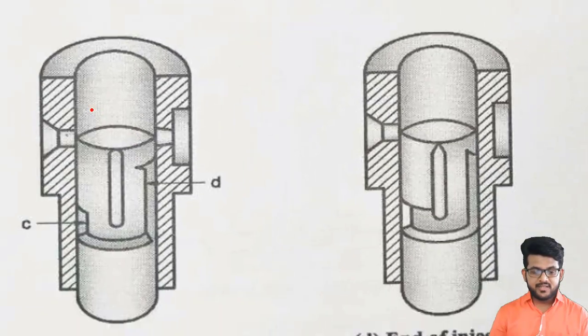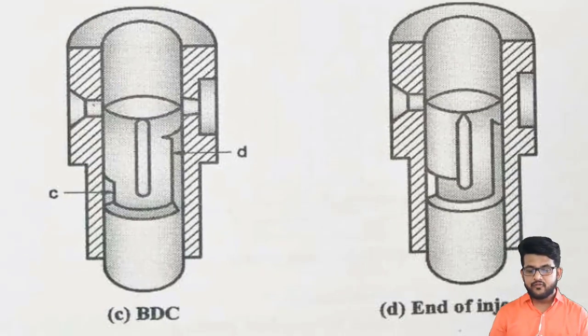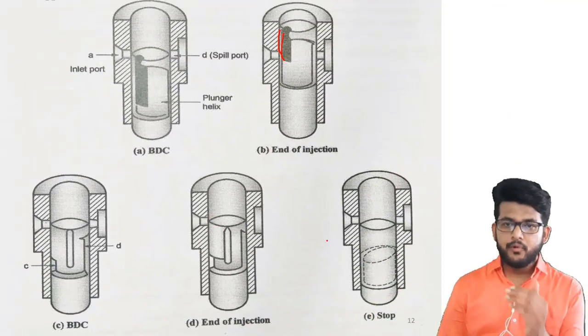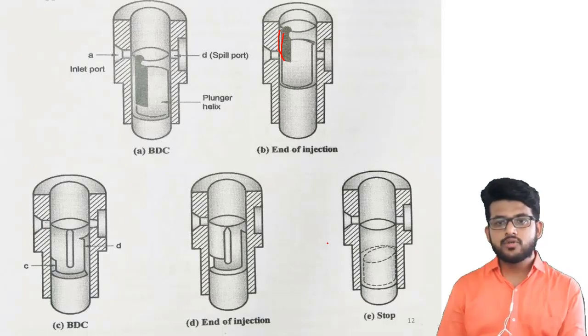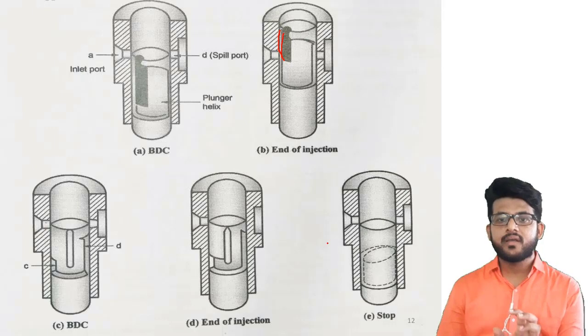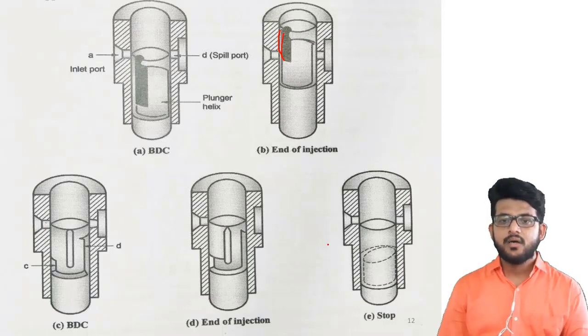Now when it is rotated, there are different amounts of fuel that we can deliver at the end of injection. Fine. So these are the main 5 positions that I have shown here. You can also show others depending on your understanding, but the main working that we have seen in the animation was the perfect working. Fine. So it is a simple Bosch type fuel pump.